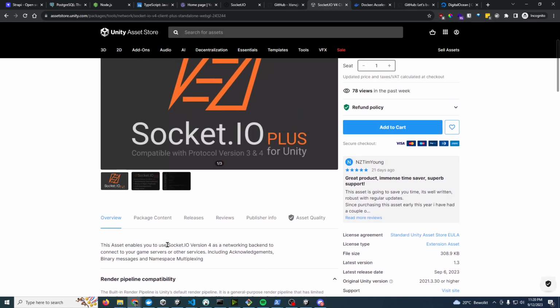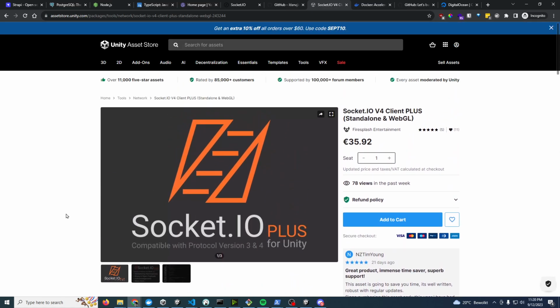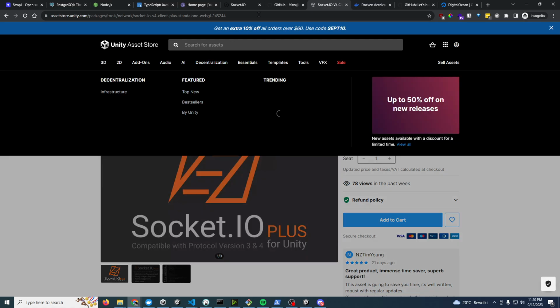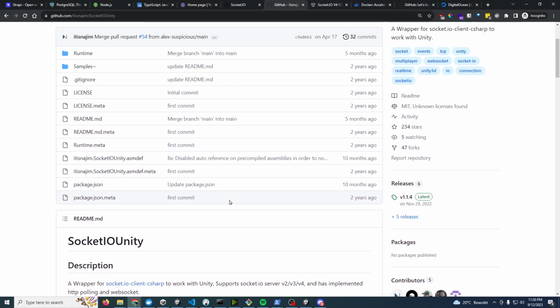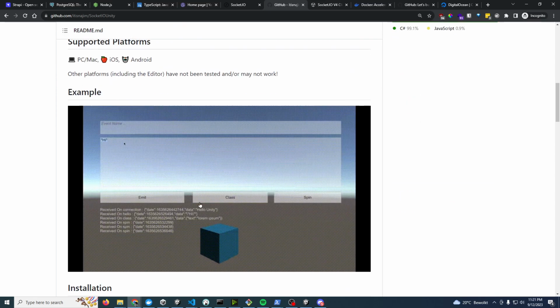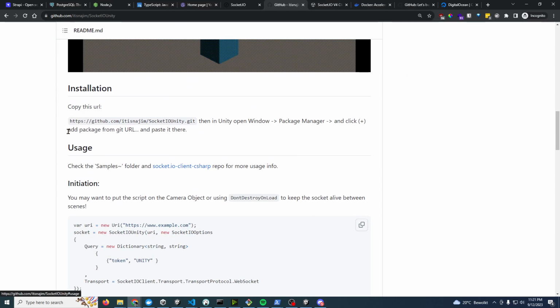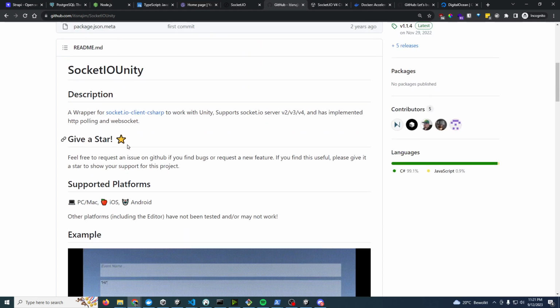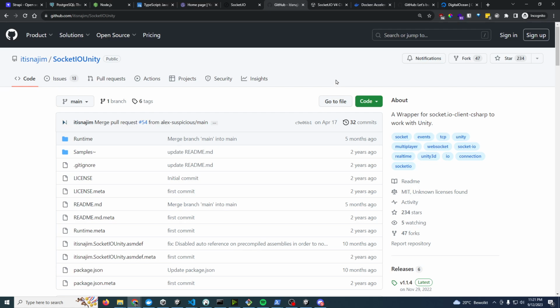We're going to teach you the basics of the dedicated client-server architecture. So we will be using this. If I remember correctly, it tells you how to install. Copy this URL. Open the package manager, click plus, and package from git URL, and you're done. And Bob's your uncle. I've always wanted to say that. Now,